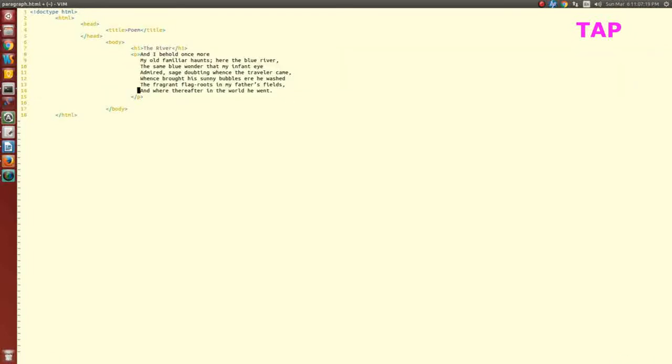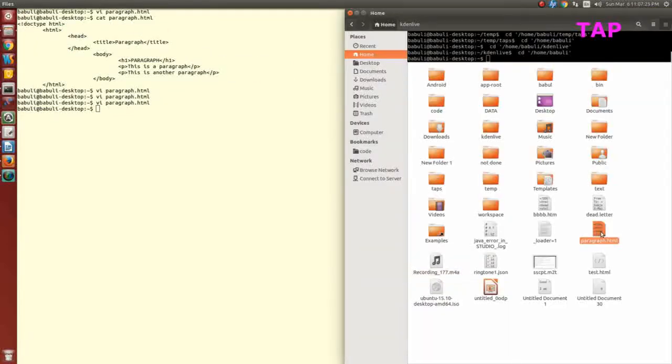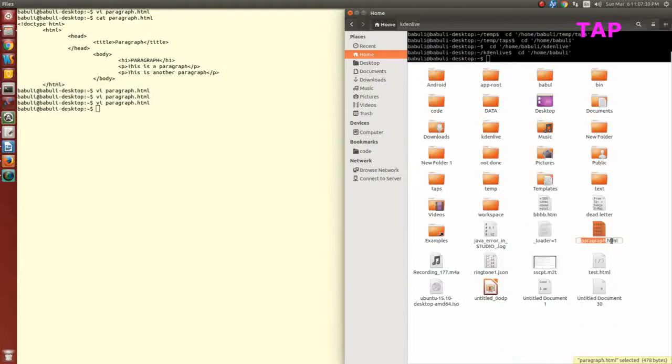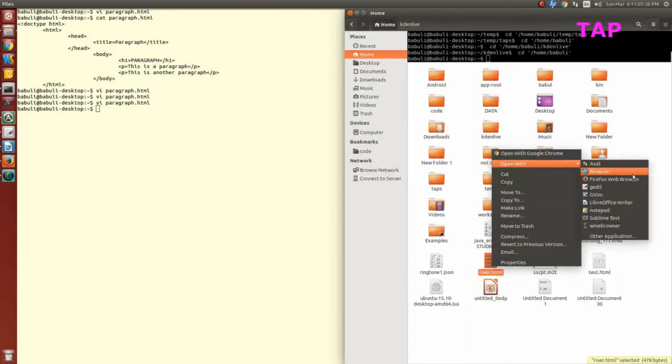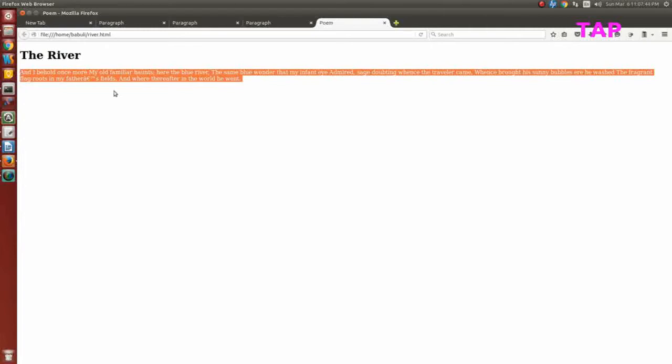If you want to rename, you can rename now. It is river. See, though I have taken 7 lines, still everything is coming together in one line only. The browser is removing all the extra spaces and extra lines.